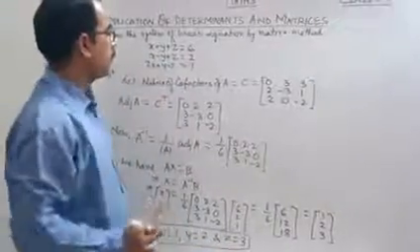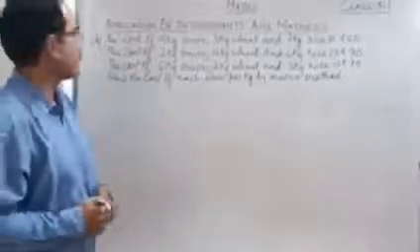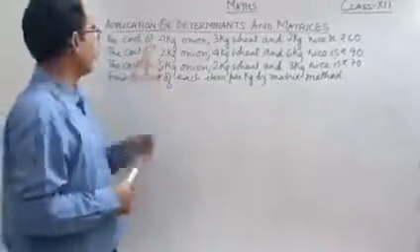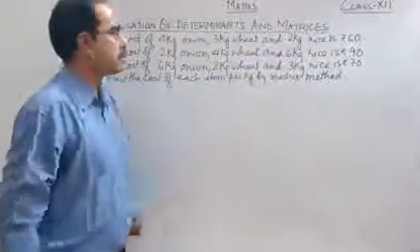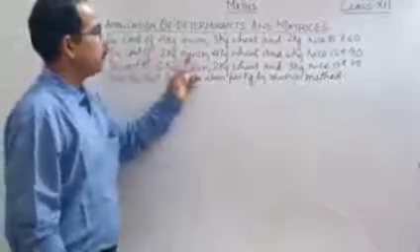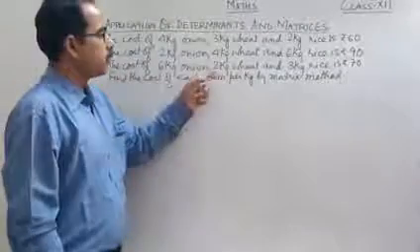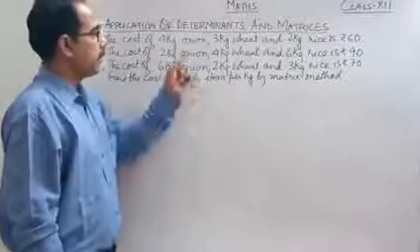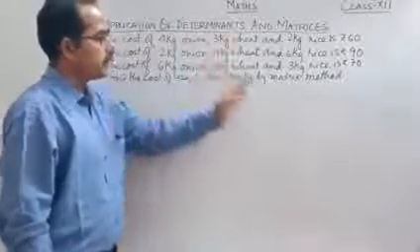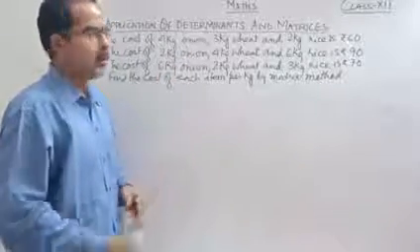So I hope it is more or less clear to you, students. Now students, the third question I have taken, which is also very much interesting. Look here. Listen to the question very carefully. The cost of 4 kg onion, 3 kg wheat and 2 kg rice is rupees 60. Next, the cost of 2 kg onion, 4 kg wheat and 6 kg rice is rupees 90. And the cost of 6 kg onion, 2 kg wheat and 3 kg rice is rupees 70. Find the cost of each item, that means onion, wheat and rice per kg, by the matrix method. We have to solve this math by using the matrix method.